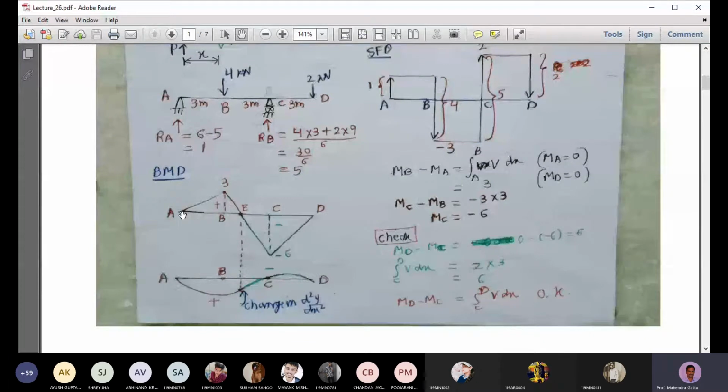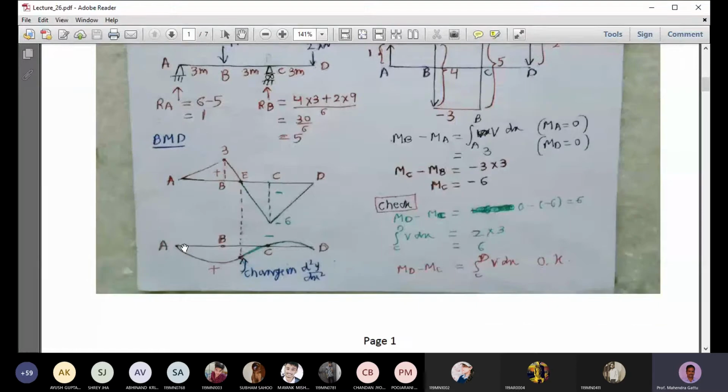That is, it will be sagging from A to E, and from E to D it is hogging. So it will have a negative curvature there. So we can sketch the deflected shape. So we can sketch it like this. The red color up to point E, this will be sagging. So here d squared y by dx squared is positive, and from E to D there is a negative bending moment, so it starts to hog.